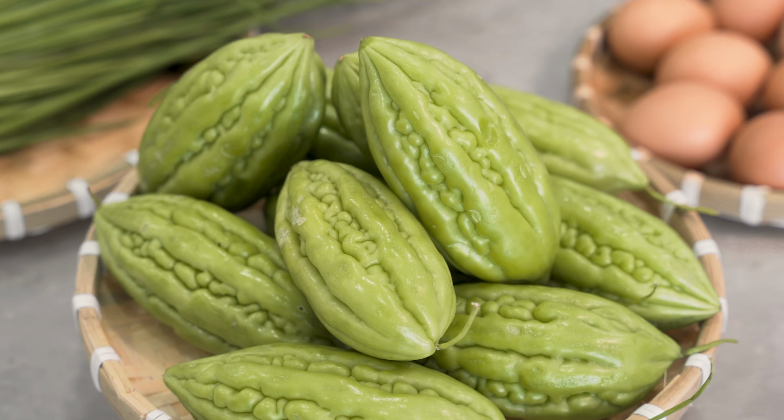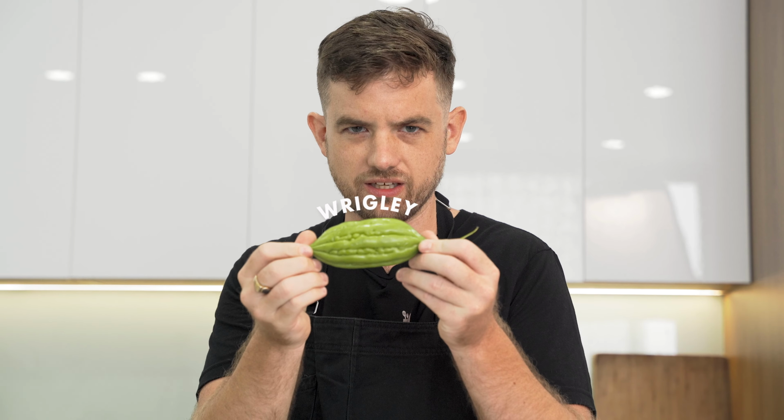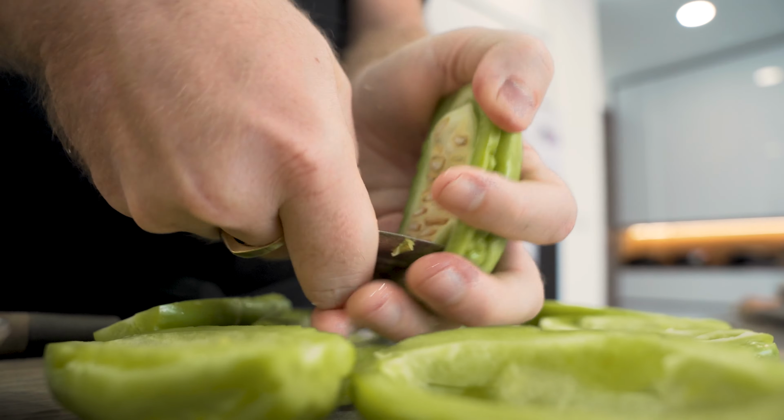Wait, it's not as scary as it sounds. This is a bitter melon. Today we're focused on this guy. It's bumpy, wrinkly,